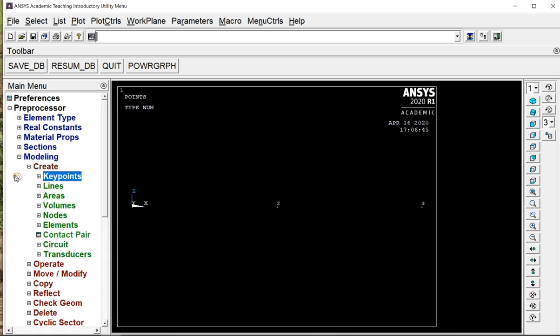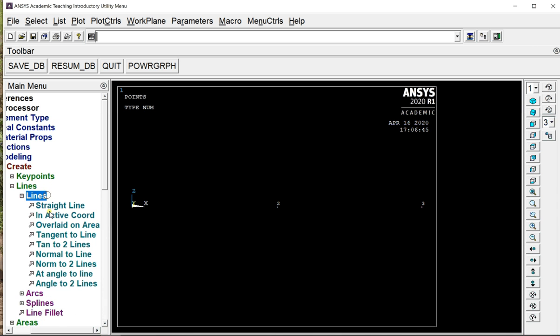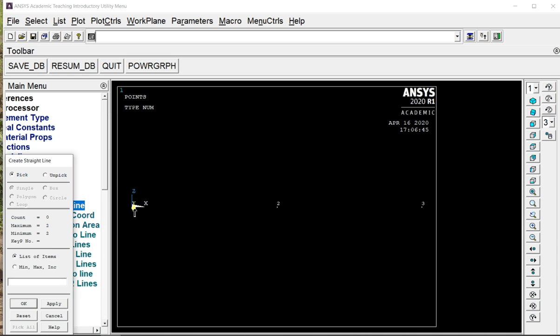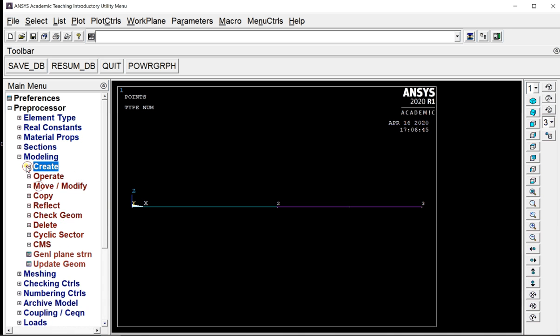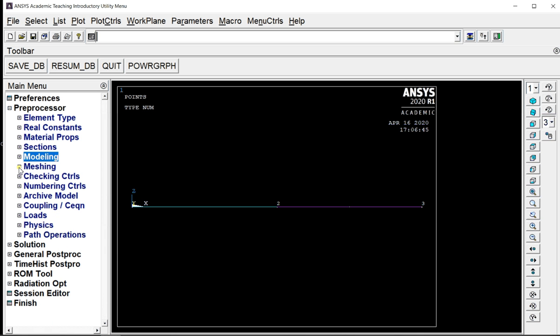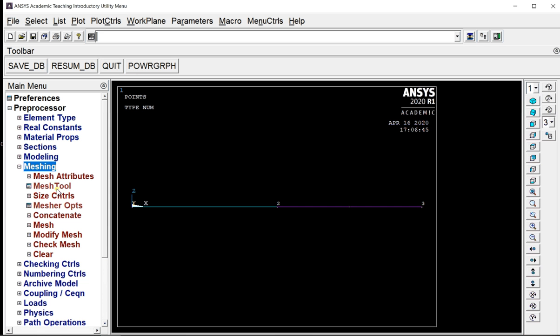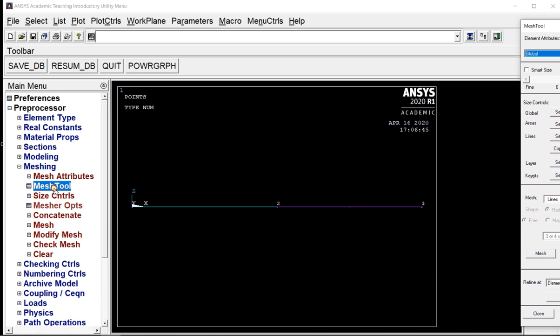Now we have to create the lines. Let us go for straight lines. I'm clicking over here and here. This part is done, and this is the second line which I have created. Now we have to go for the meshing. For meshing we are using the mesh tools. We have to discretize these two lines using a number of elements.